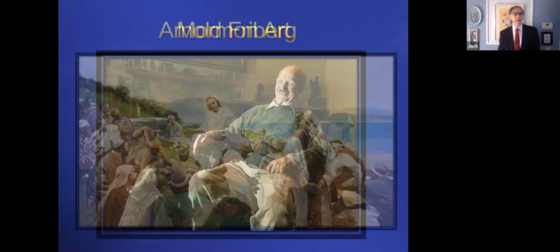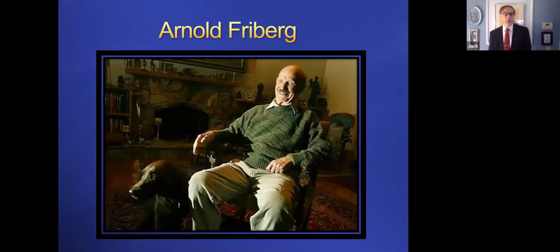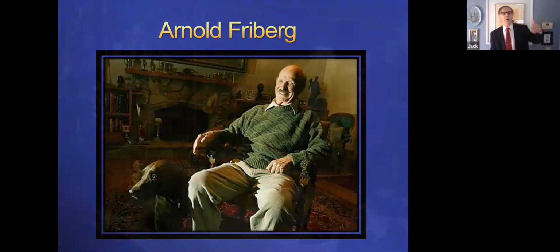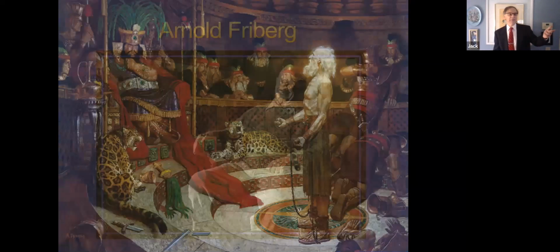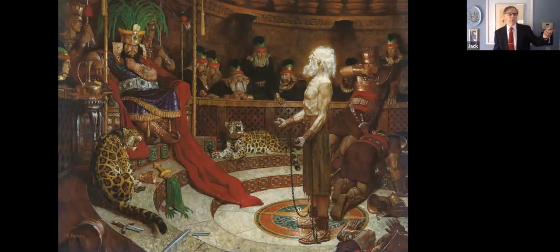And one of the more famous Mormon artists in the 20th century was a fellow by the name of Arnold Friberg. And there was a very famous movie producer that once saw one of Friberg's paintings, an illustration from the Book of Mormon. And that movie producer was Cecil B. DeMille. And he looked at this painting, he thought, this is great. He said, I'm thinking of doing a remake of the movie The Ten Commandments, because there was an old version done that was a silent version. And he wanted to do the big Ten Commandments movie that we know with Charlton Heston and such.